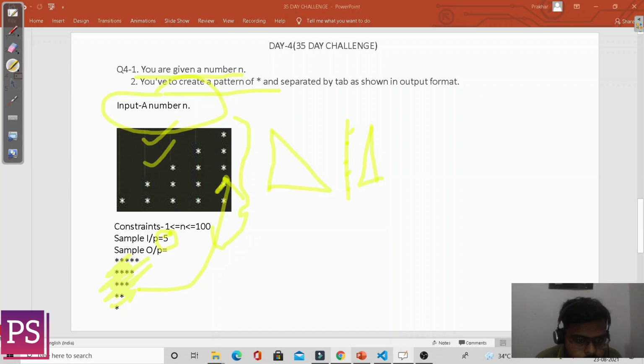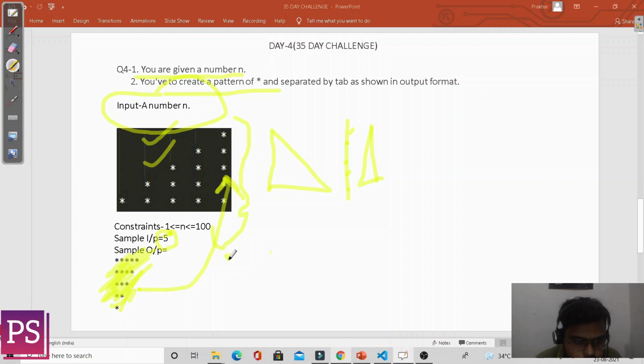We have to print this only, not this. We have to print like this only, like this is the first star. The sample output will be this for this video.